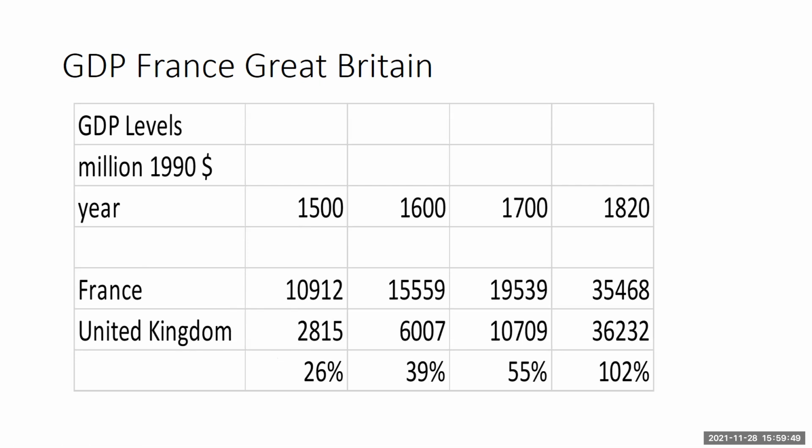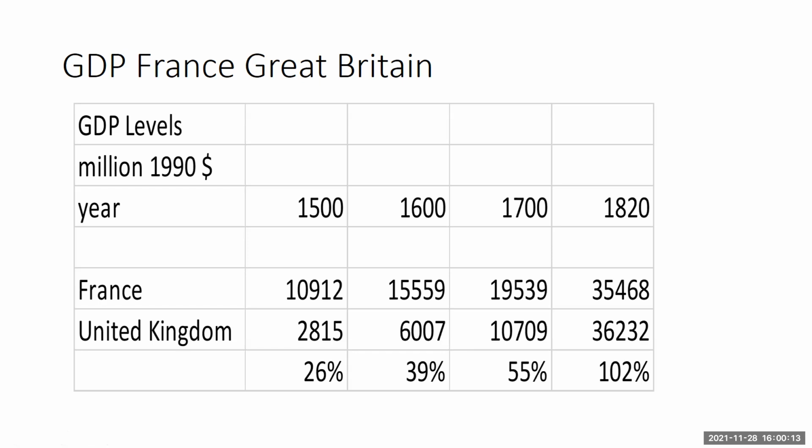And that by the beginning of the 19th century, its GDP passes that of France. And so in a mere 300 years, the United Kingdom's economy has grown astonishingly and has overtaken France's as the leading